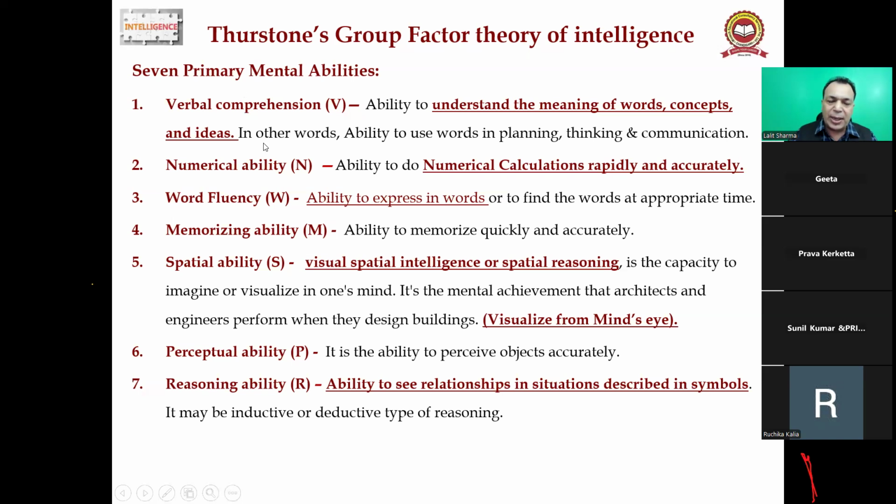सेकंड आ गया न्यूमेरिकल एबिलिटी. न्यूमेरिकल एबिलिटी मींस ability to do numerical calculations rapidly and accurately. है ना, you have seen that some of the persons do the numerical very rapidly. Okay, and some other persons, वो मतलब they take a lot of time. Even उनको you know give the calculator पे भी नहीं होता उनसे, right? So